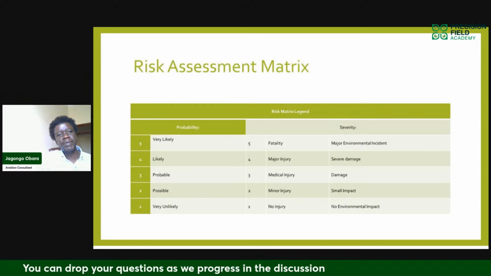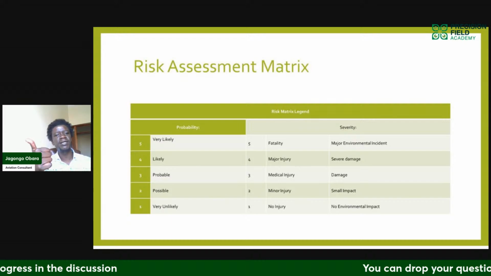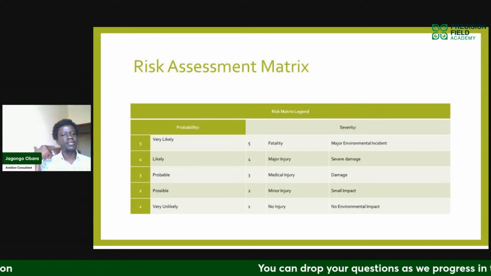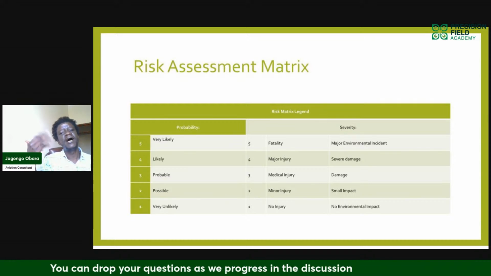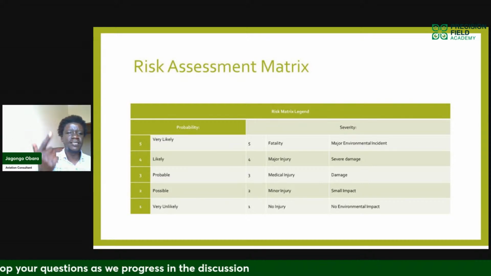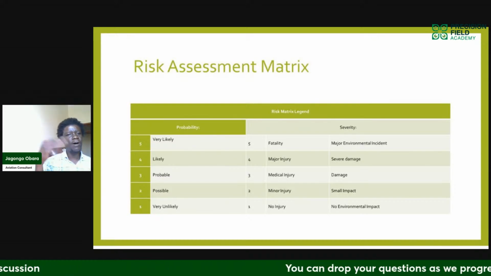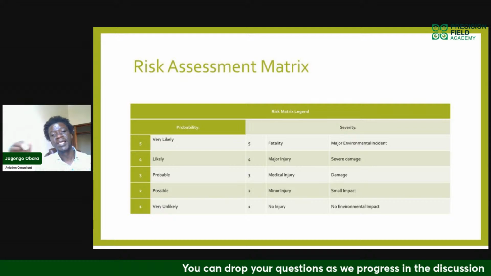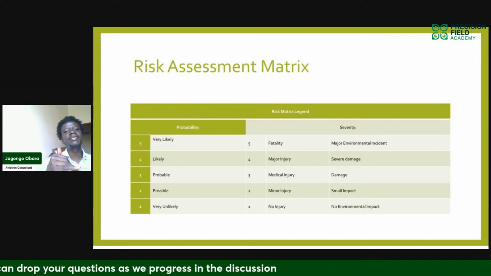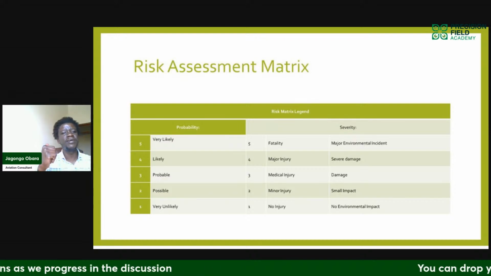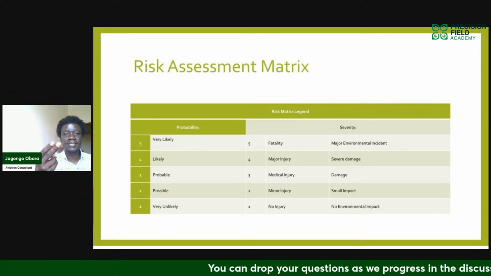So the risk assessment matrix is usually used once we have figured out all these hazards. We know that there's birds, we know that there's a wind mast, we know that there's all these structures, we know that there's people involved. How do we evaluate what is risky, what is not risky, what is safe, what is not safe? And how we do that is also not by magic. This is done by using the risk matrix. So the risk matrix is divided into two sections. You have the probability of something happening and the severity of that happening.